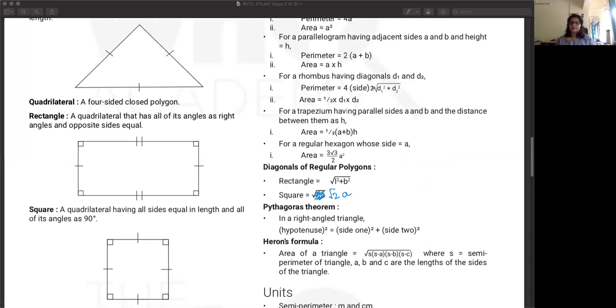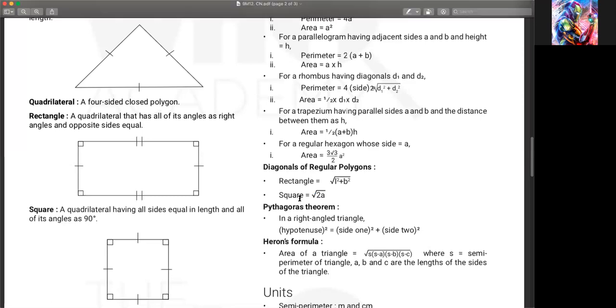This is the length of diagonals. And of course, we've discussed Pythagoras theorem and Heron's formula, and that's all you have in this chapter. So if you were to make notes for yourself, just note down all of these formulas, and that's it. Keep revising every time you do the problems. Ma'am, as you said, it is 3:50 and we completed the chapter. Now we are doing the practice, right? Yes.